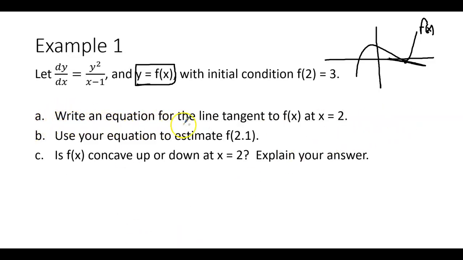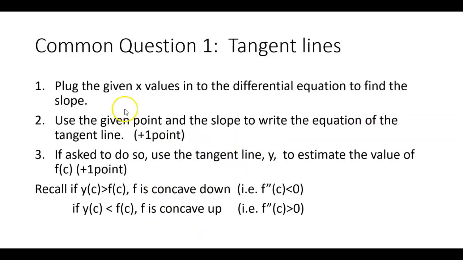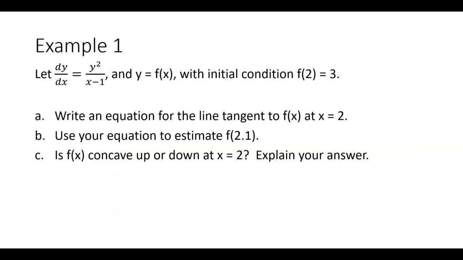All right, so how do you find the equation of a tangent line? Well, I think we have it on this last slide over here. You're going to plug the given x value into the differential equation to find the slope. Once you have the slope, you're going to take that slope and the point that you've got, and you're going to plug it into the point slope formula to get your tangent line equation. So here we go. We need a slope, we need an x, we need a y, and once we have those three things, we can plug it all into our point slope formula, which looks like this. Now you guys are like, oh, okay, I know what you're talking about now, Mr. B.